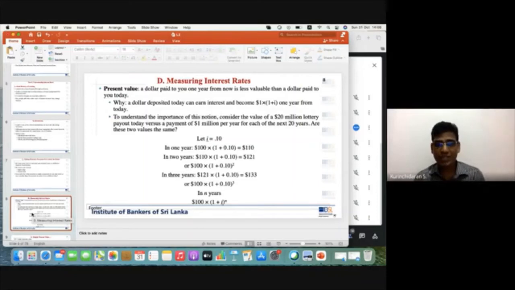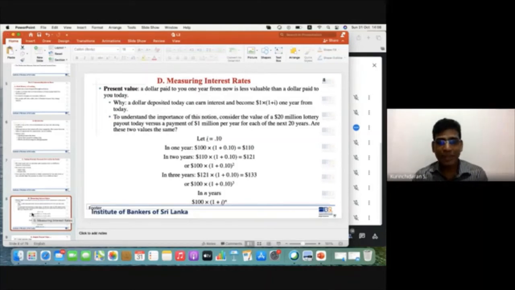When it comes to present value, whatever money you get throughout the periods, you have to calculate the present value. What is the value today of that money, if I get it today rather than getting it over several years? That is called present value. That's called measuring interest rate, right? Now, in this simple example I have given,